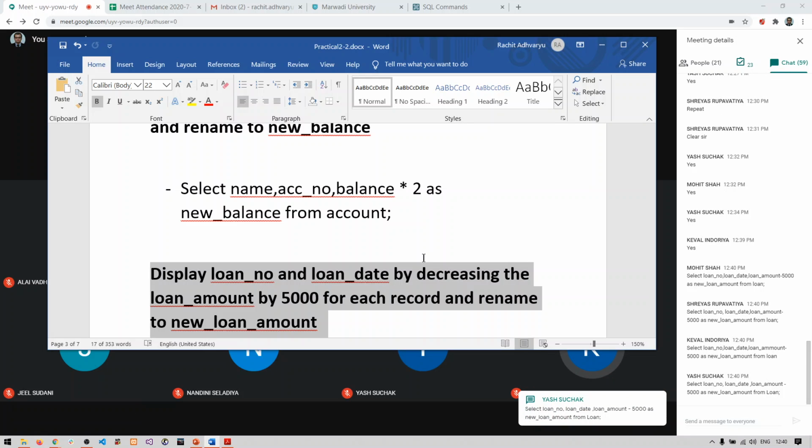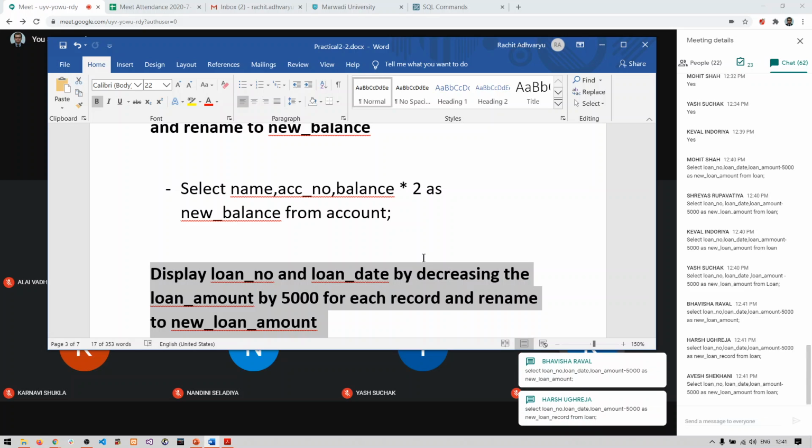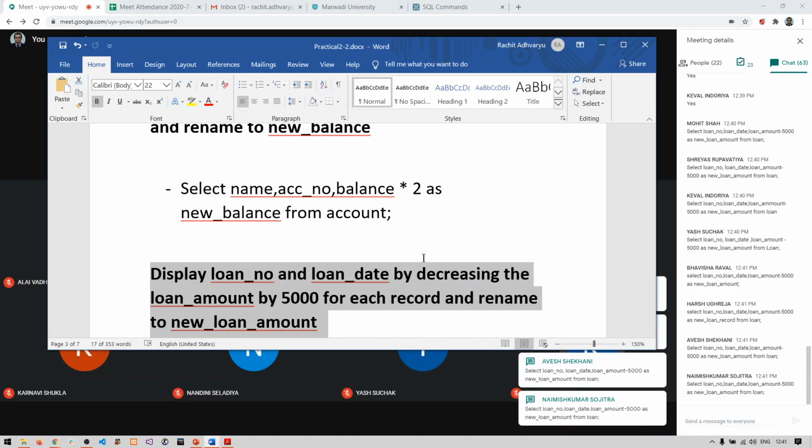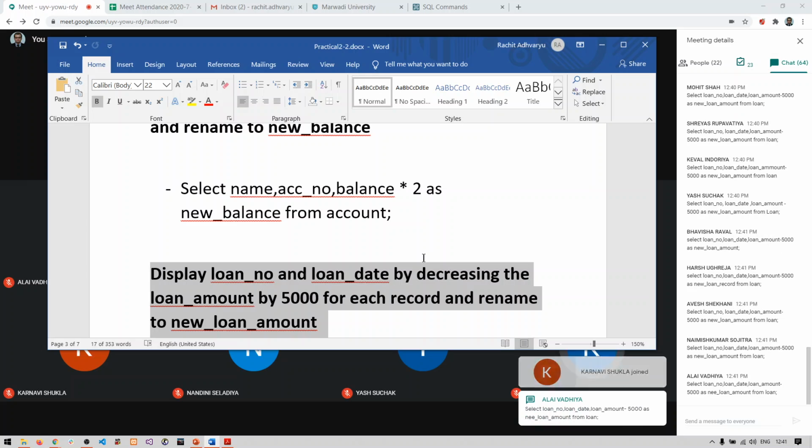Okay, I have got only 4 responses. Still 16 responses are left. I will wait till time. Those students who are giving me the response in this chat will be marked as present today. Others will not be marked as present. So I want the answers from everyone who wants to be present for today's lab.